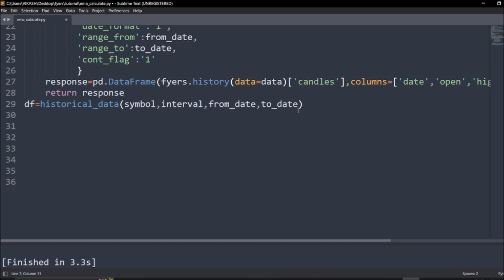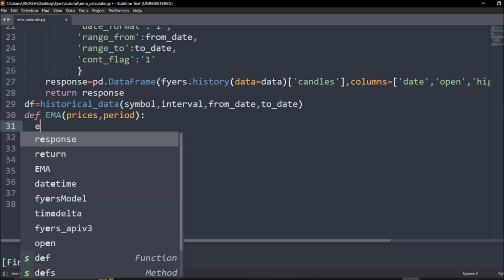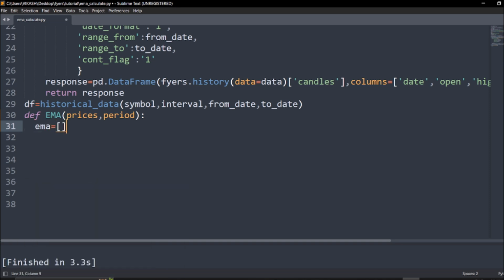we will define a module, and we'll call it EMA. What needs to be given here? Price and period, the window. That's it. And next we will take the EMA, because we are giving a list at an earlier stage, since we need to append the simple moving average. Now next we just have to give a smoothing factor, a weighted multiplier,